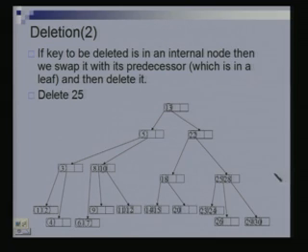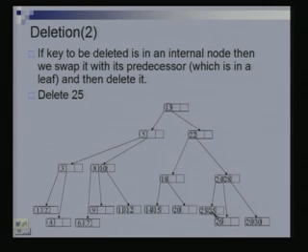So, what do I do? I am going to swap it with its predecessor. What is the predecessor of 25? How do I find the predecessor of 25? In the case of a 2-4 tree, I will go left and then keep going right. Here I go left and then find the largest key in this node. It is 24. So, the predecessor of 25 has to be 24. I am going to swap these two, and then I am going to remove the 25 from here.